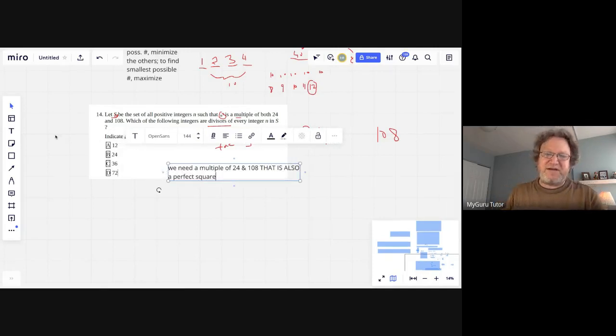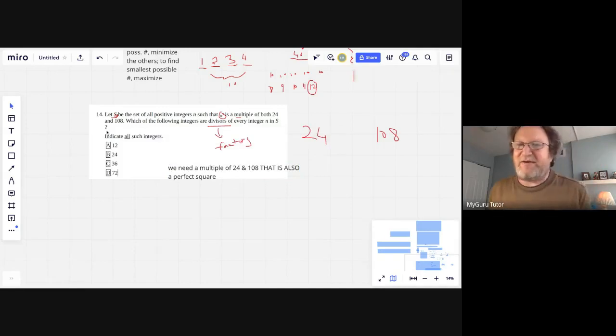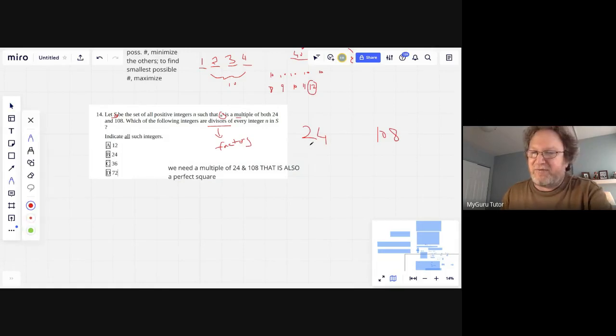If we didn't have that n squared thing in there, we wouldn't need it. But this is saying that we can't just use any multiple. So what's kind of the approach to figuring out multiples of large numbers? Well, one thing you can do is a factor tree, right? Remember that whole